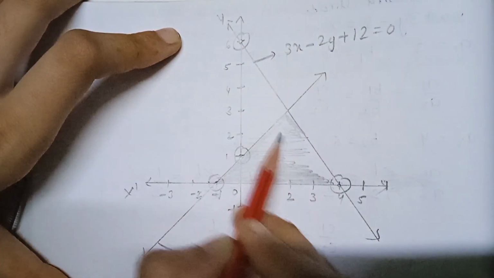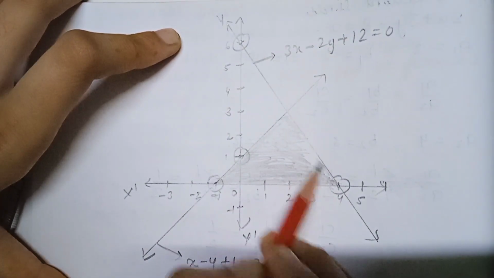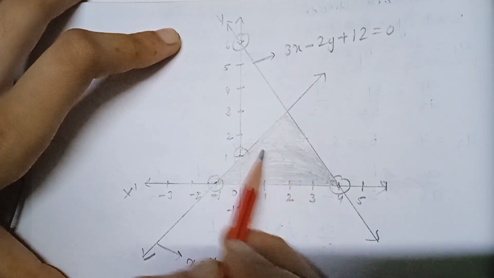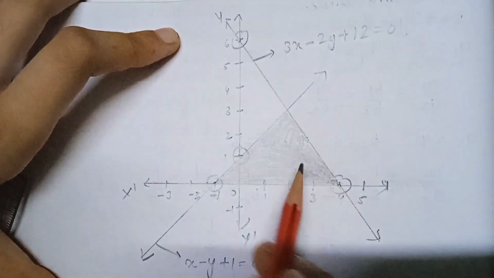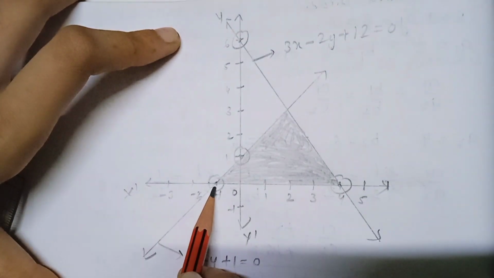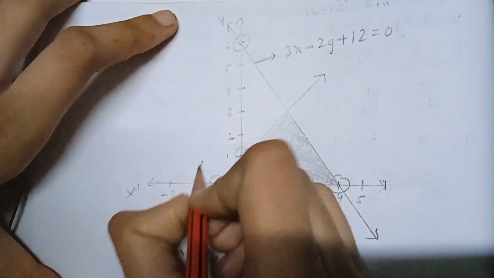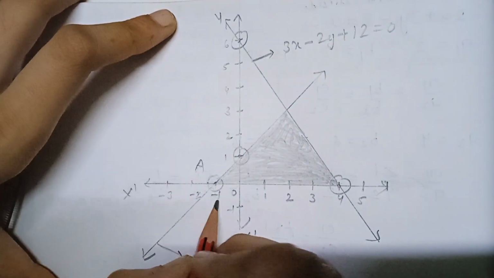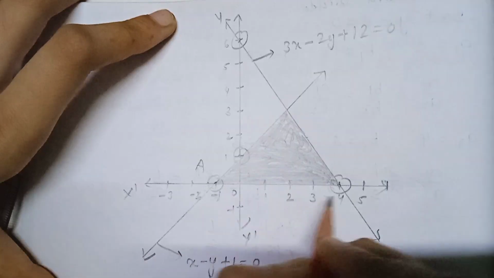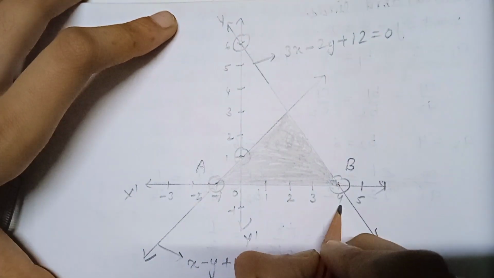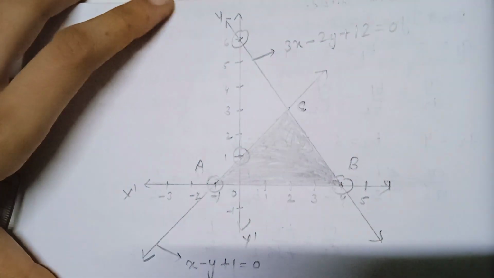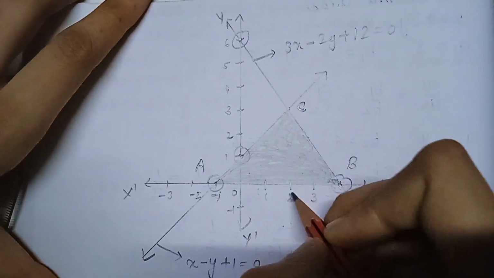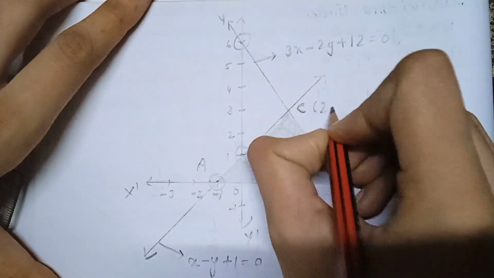What we have to find out? We have to find out the coordinates of this triangle. सो कोऑर्डिनेट्स मतलब इसके वर्टिसेस आपको दिख रहे होंगे. First vertex is this point. Let us name it as point A. Point A इसका first vertex है. This is -1, 0. Let this point be point B. This is 4, 0, and this is point C. The point of intersection, or the third point of the triangle. So ये point कौन सा है हमारा? इधर से अगर हम देखें, so this point is 2, 3.